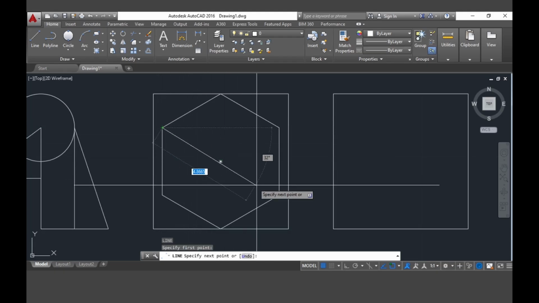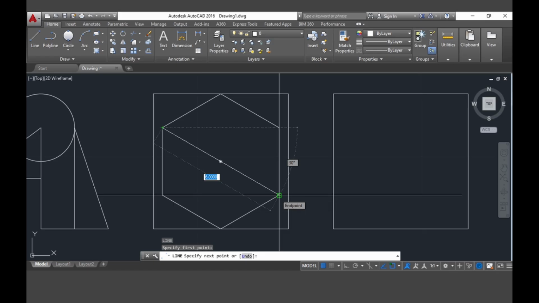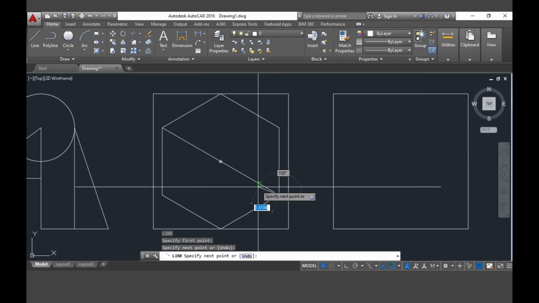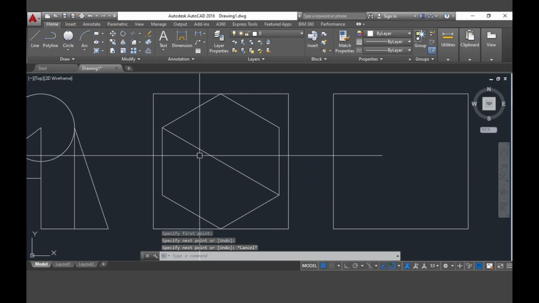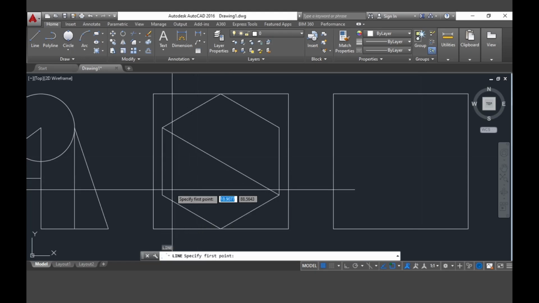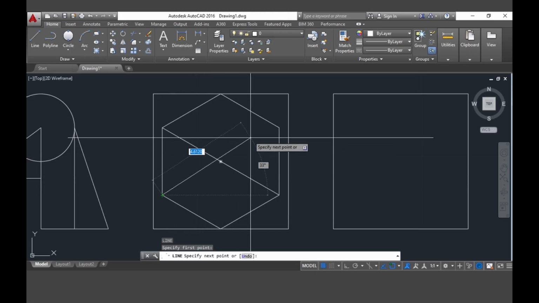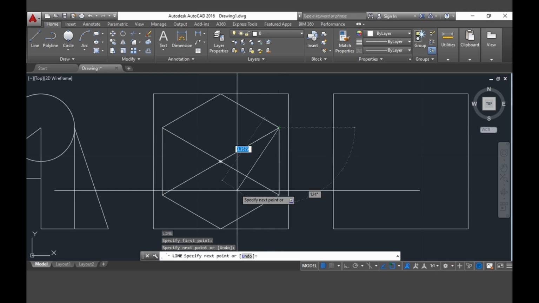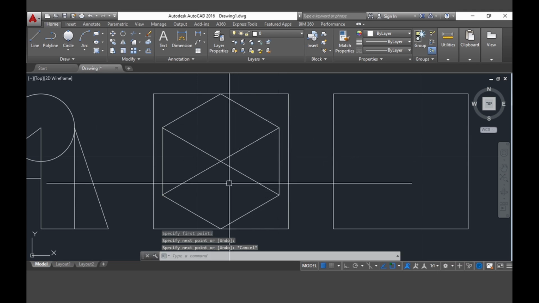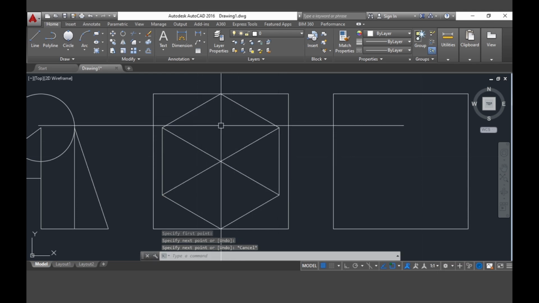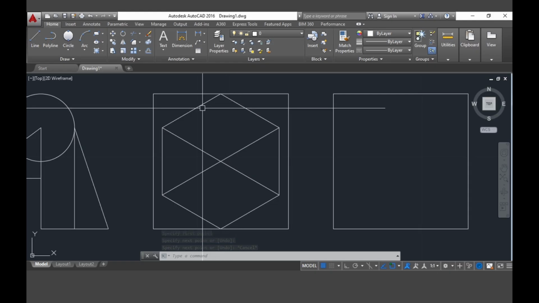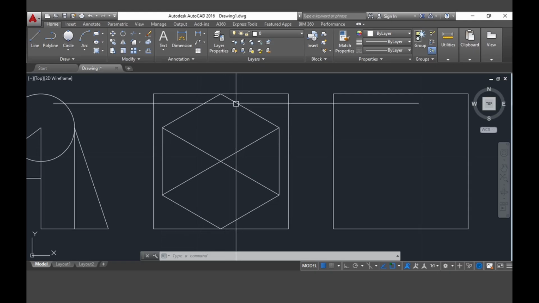Just pick this point and this point as the end points of this line, and another line here, and then to create the circle here,